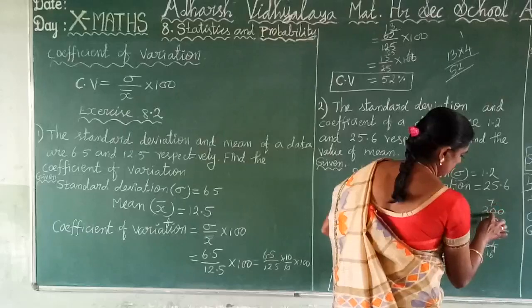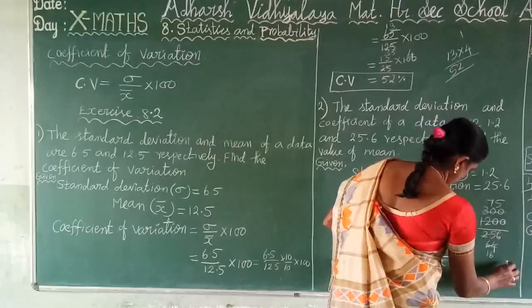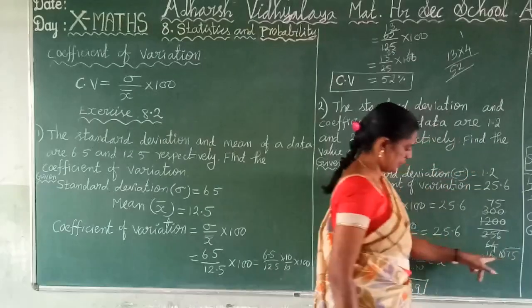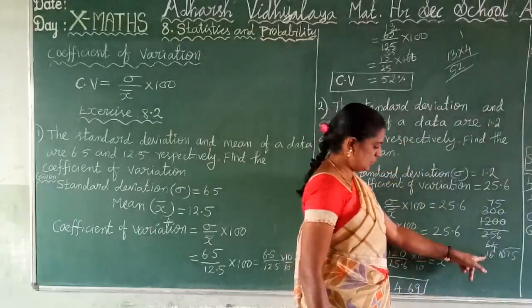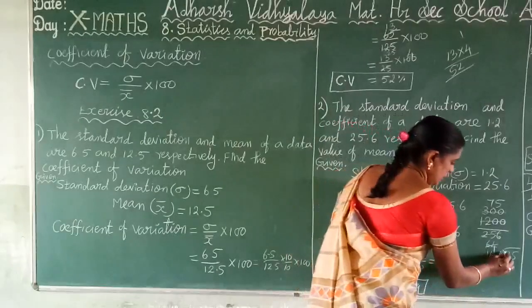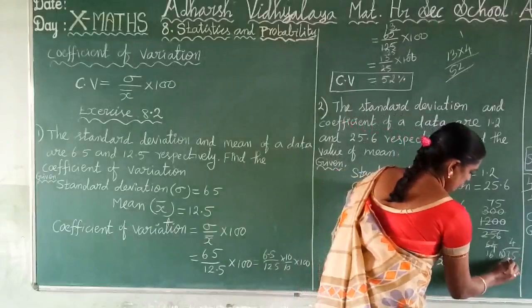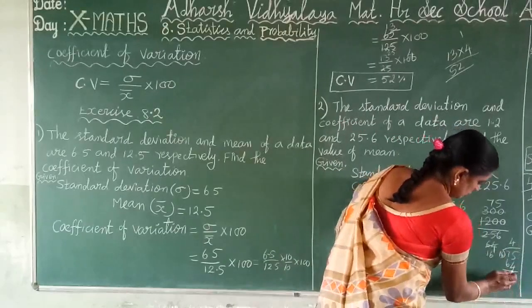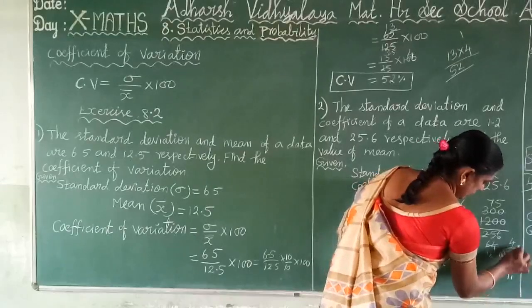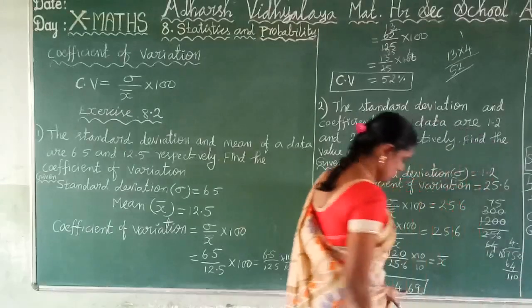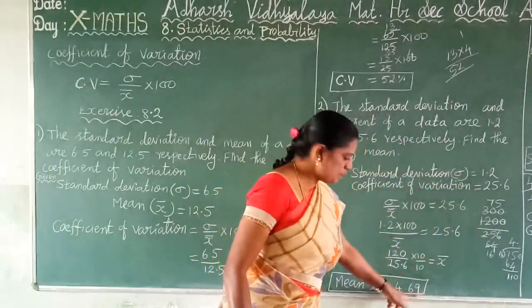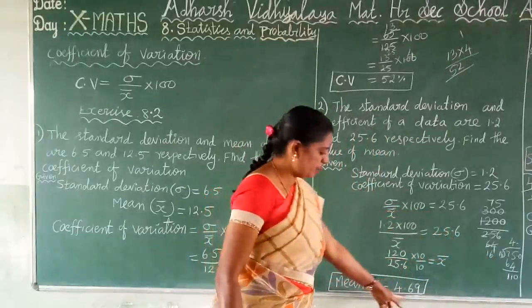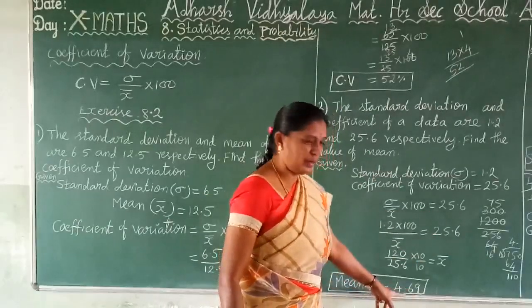30 means 7. Remainder 20, 75. And again divided by 16. That is ordinary division, 75 divided by 16. Ordinary division gives us 4.69. So how many times? 4 times. 4 sixteens are 64. Remainder 11. So 11, put a point there and add 0. Add 0. Then as usual do the division method. At last we get 4.69. So x bar is equal to 4.69.